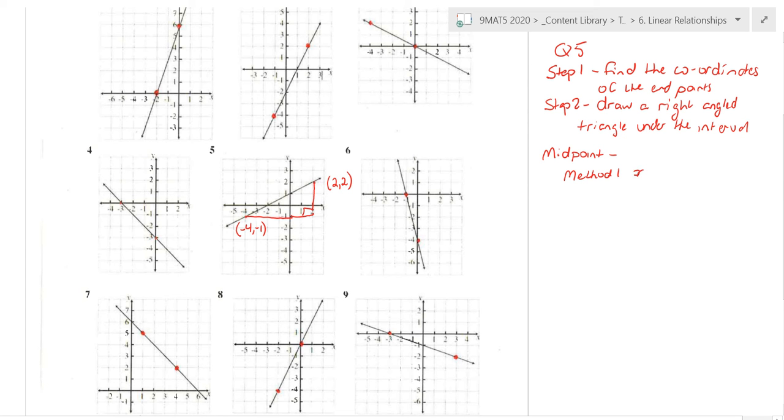X, or the run we're going to call it, equals 6, half is 3. Come across on my minus 4, 1, 2, 3 is minus 1. I come up there, I put a dot, I can read the values off. We have midpoint